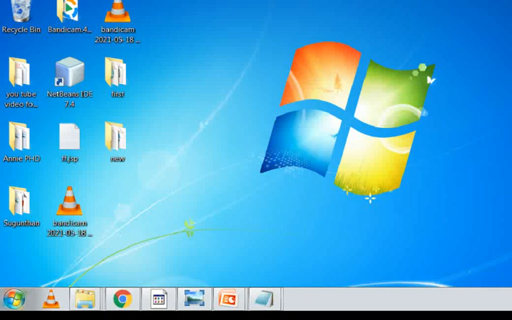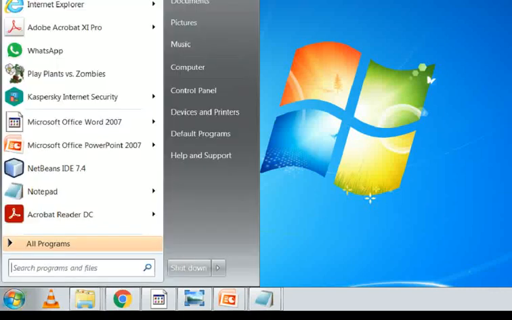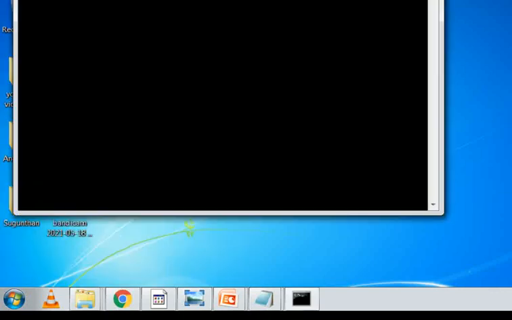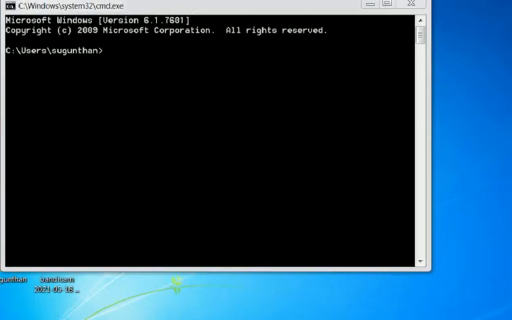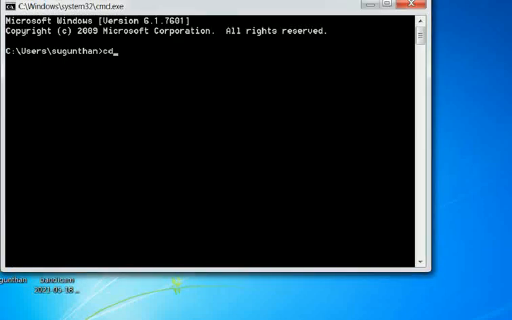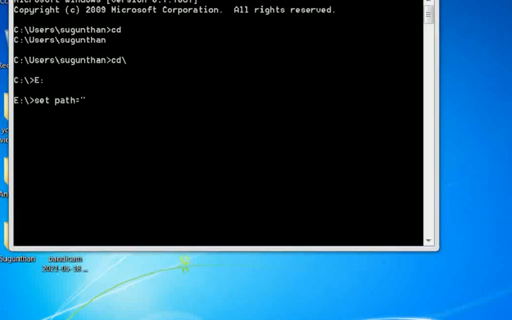First we want to open the command prompt. Start, cmd, enter. The command prompt is opened. Here type cd, then the drive, where I have the program. Then you want to set the path for Java. Set path equal to double quotes, and you want to take that path.